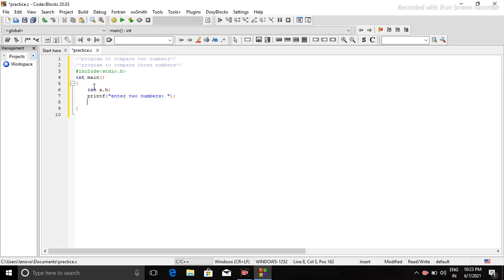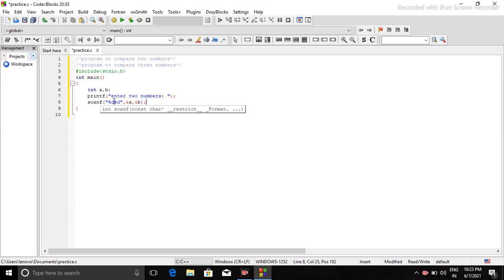So by scanf I will take two numbers. I can take two numbers in a single scanf or in two different scanfs also, but I will take two numbers in the same scanf. Address of a, comma, address of b.